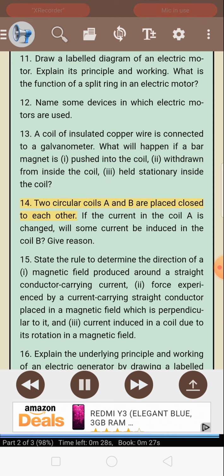14. Two circular coils A and B are placed close to each other. If the current in coil A is changed, will some current be induced in coil B? Give reason. 15. State the rule to determine the direction of